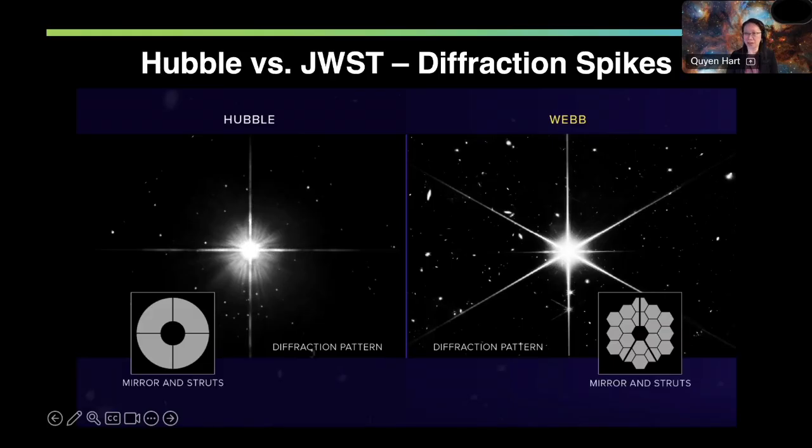The diffraction spikes. People are familiar with seeing twinkling stars. So the question is, what causes twinkling on Earth? Why do we go to space? What creates these spiky diffraction spikes on Hubble and JWST? This is a nice piece to leave them with, to go home and start to be just interested. Like, oh, wow, can I tell the difference between these kinds of images?